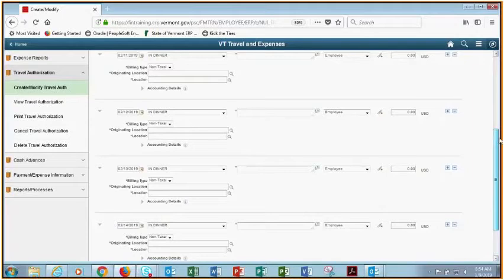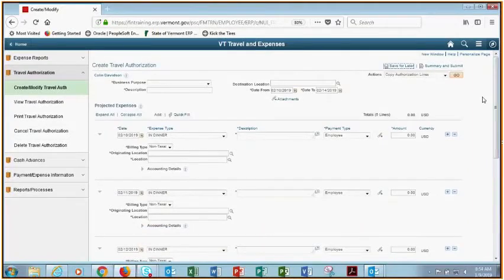Earlier I showed you how to modify the accounting line on a specific expense. You can also do that at the default accounting line, and we recommend if you're going to change the accounting for an entire travel authorization to do it before you enter any expense lines. That you go up to the Actions box, drop down menu, and click Default Accounting, click Go, and it brings